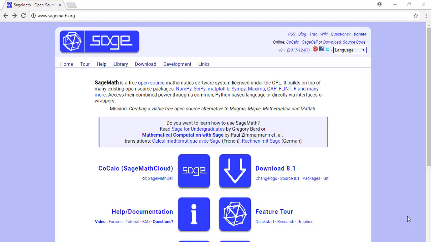Alright, so in this video I'm just going to give you a super quick overview of some of the original setup as well as some basic syntax of SageMath. SageMath is actually this awesome free open source mathematical software system. Its syntax is Python based, so if you've done a little bit of programming, then writing code in SageMath